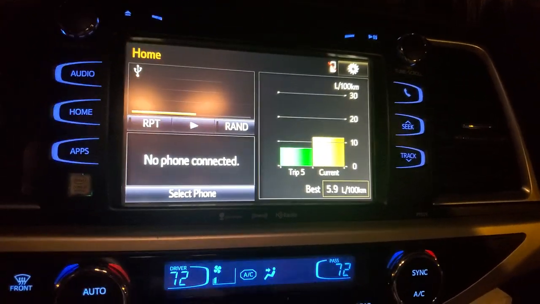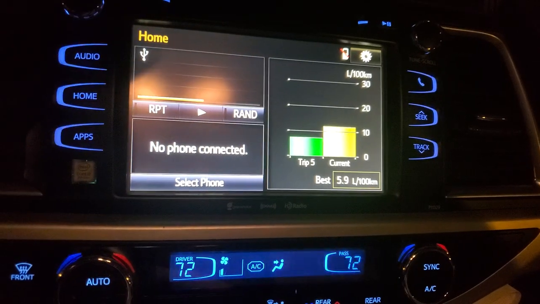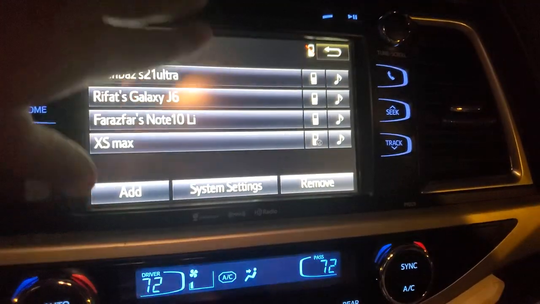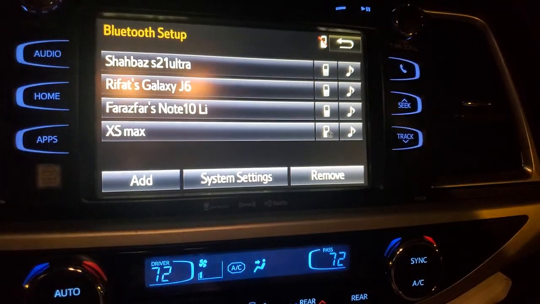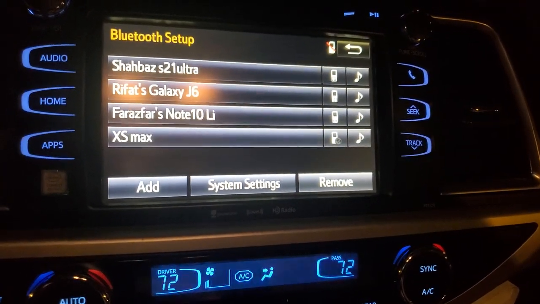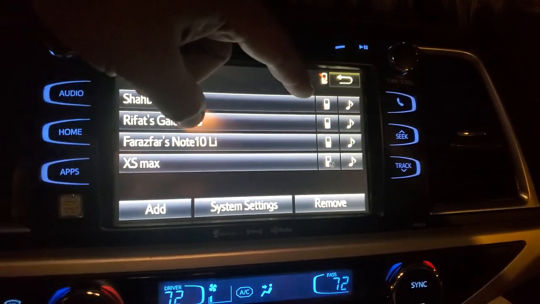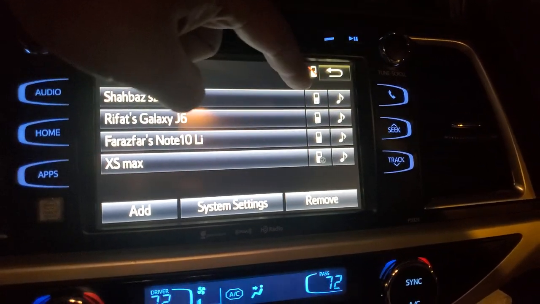Then we have this option here, select phone. So right now there are my family members here which are connected with this. Whatever you want to connect, you need to press, but you cannot connect during the drive.